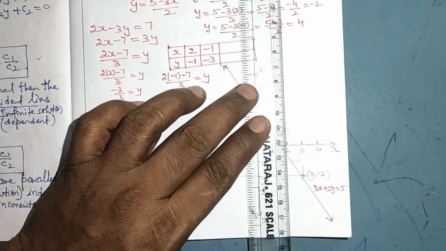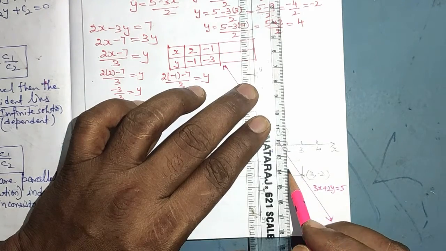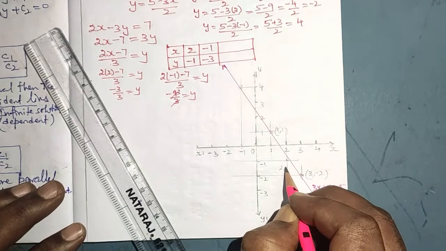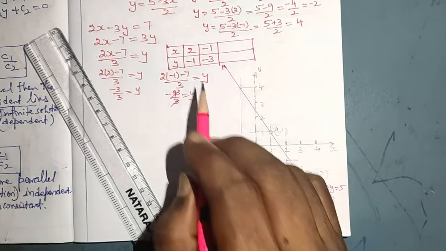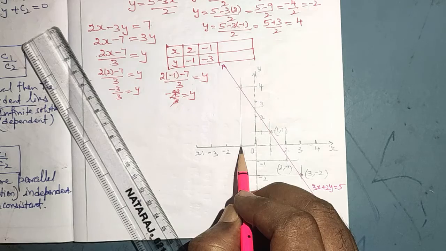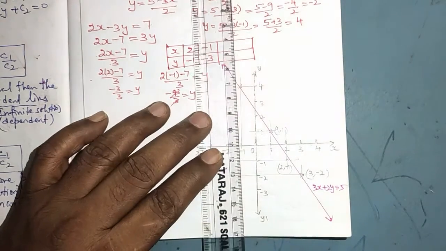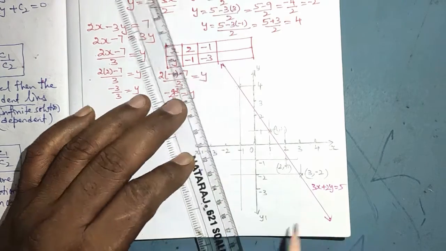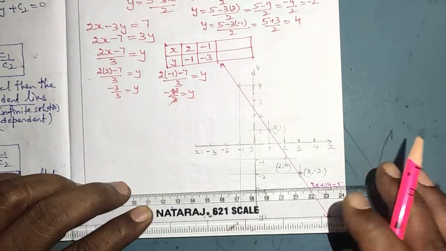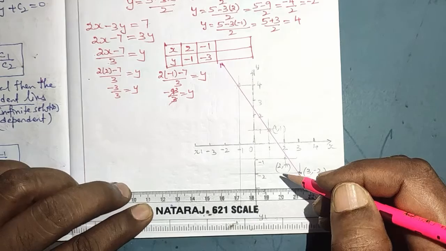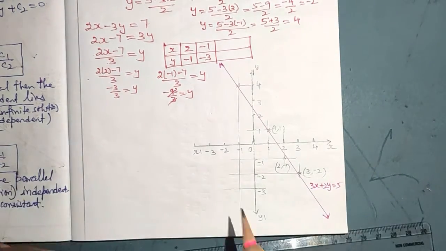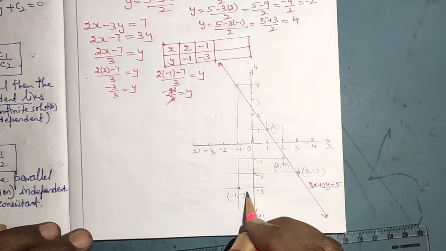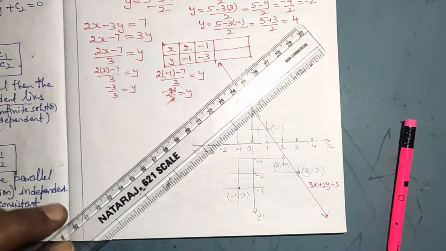x2 y minus 1. So this is that point. Next one is x minus 1, y is what? Minus 3. So this is the second point that we have got. x is what? Minus 1, y is what? Minus 3. Now if I join these 2 lines,